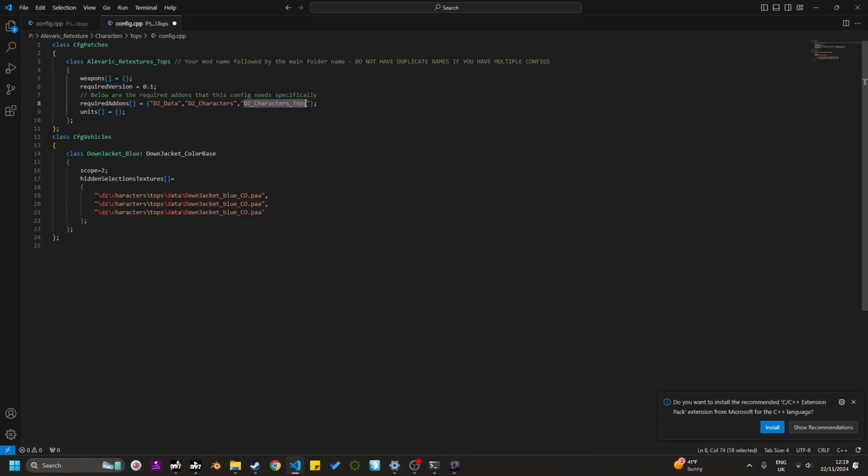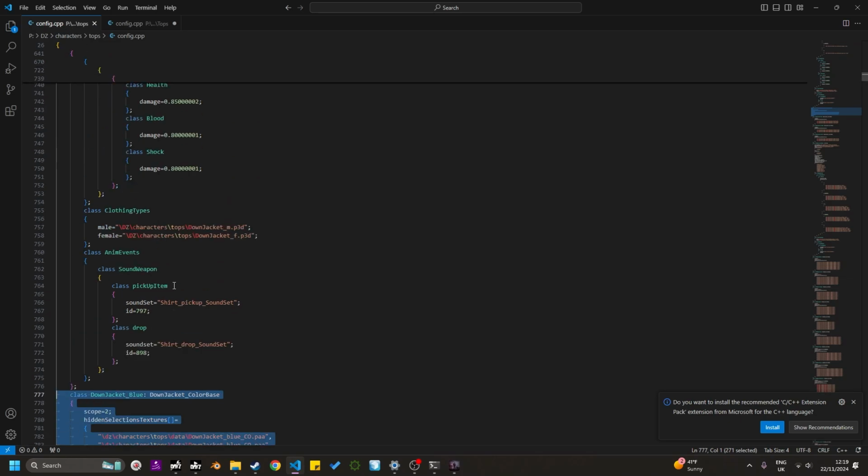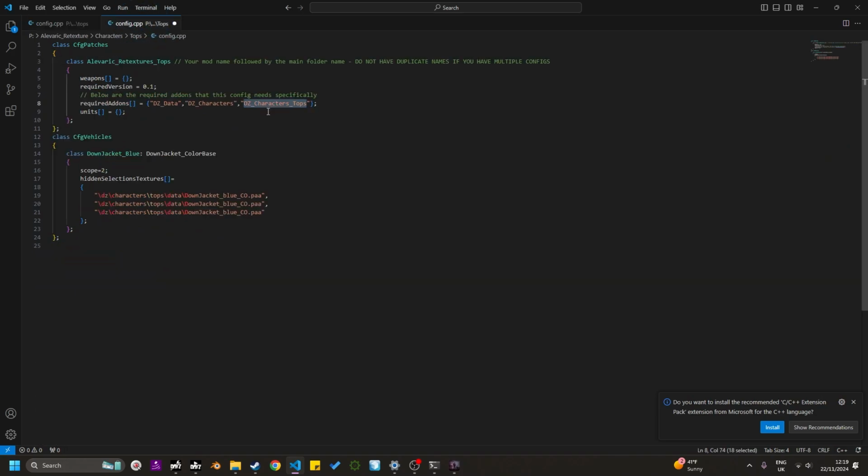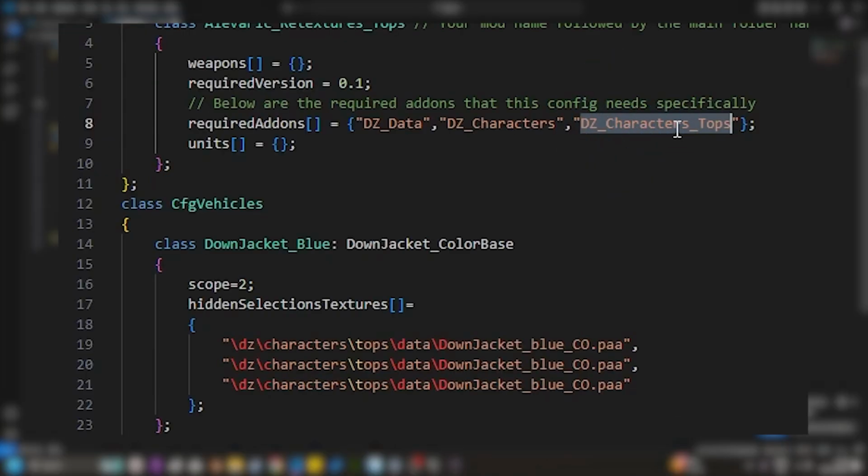And the reason I know to put these in is because in the tops folder where we found the down jacket, if we scroll to the top, we can see the CfgPatches class name, DayZ characters tops. So this is basically telling the game that DayZ characters tops needs to load before this config can. If this is missing, this item may not work. But as it stands, this item won't work anyway, so let's change a few things and make sure this is